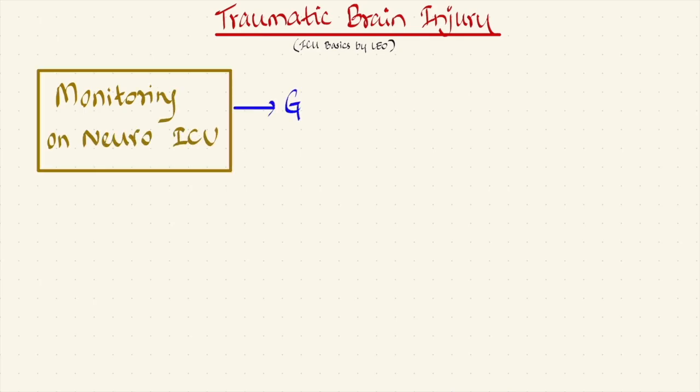This is the final part of the series about traumatic brain injury, and I would like to talk about detailed monitoring and management of patients with severe brain injury on neurointensive care unit, and also discuss late complications of traumatic brain injury briefly. On neuro ICU, we can monitor patients clinically by neuro observations such as GCS, pupillometry, motor examination,